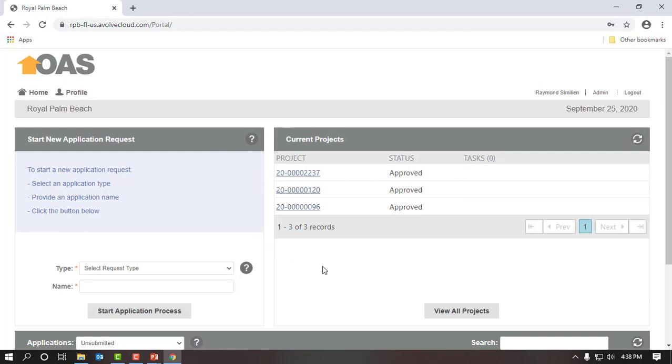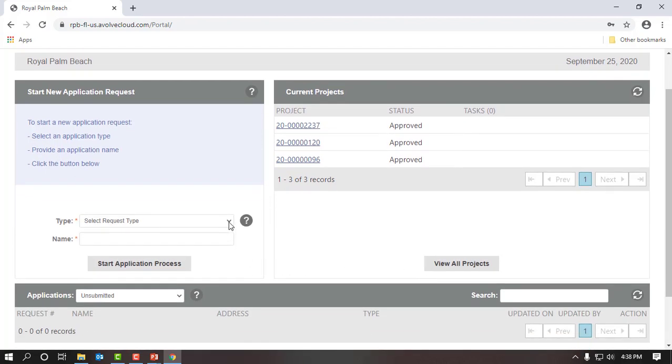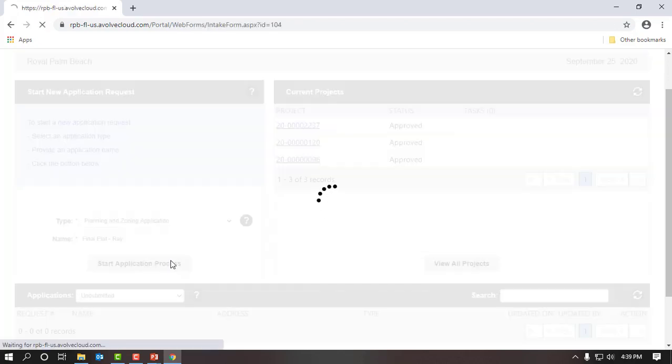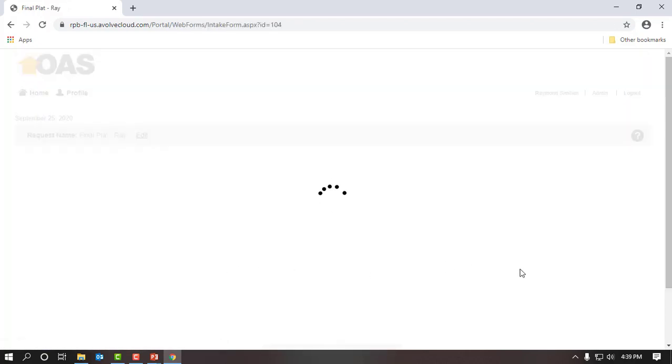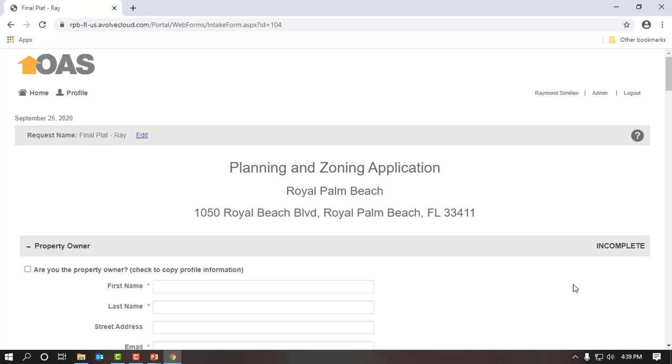As you can see on the far right here, I have a couple of projects that have been approved. I'm going to scroll down here, and we have a type section. I will click on type and select planning and zoning application. So our application needs a name. You can call it anything you like. I'm going to call this Final Plat Ray. And I will click on the Start Application Process button, and this will launch the planning and zoning application